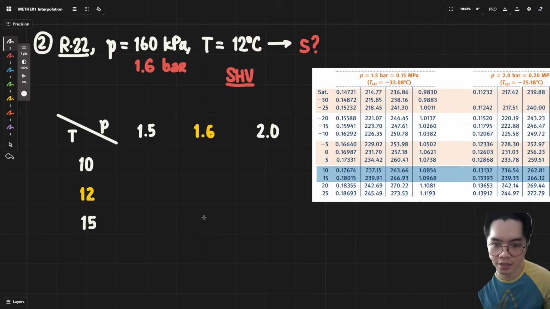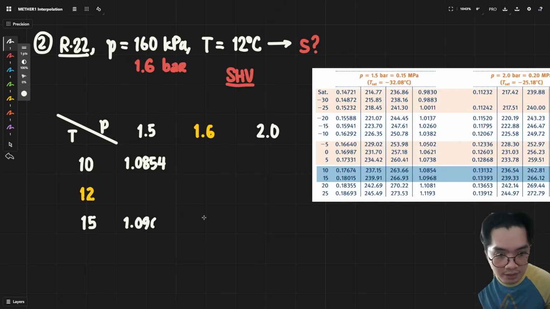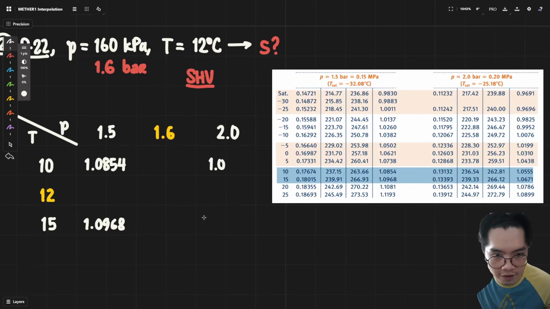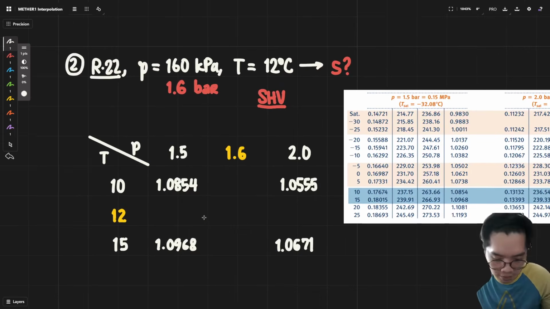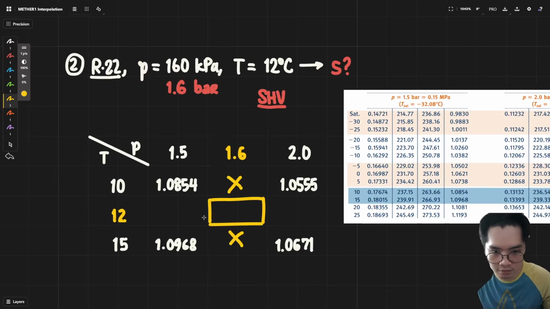For 10 degrees Celsius, 1.5 bar, we will have an S value of 1.0854. For 15 degrees Celsius, 1.5 bar, we will have 1.0968. For 2 bar, 10 degrees Celsius, we will have 1.0555. And for 15 degrees Celsius, 2 bar, we will have 1.0671. Our goal is to get this value, which you can only get by getting either this and this value